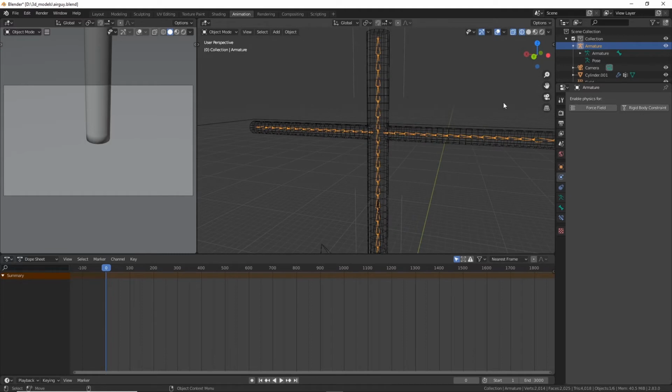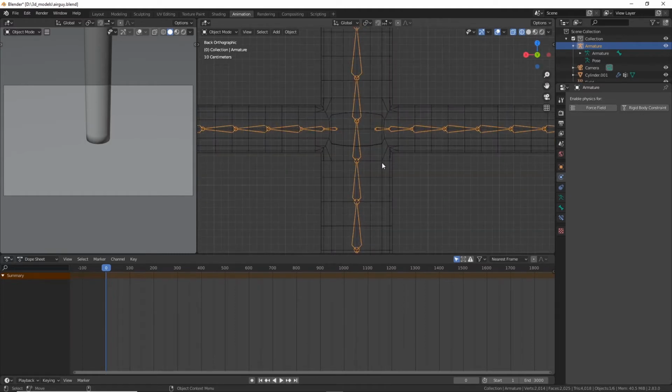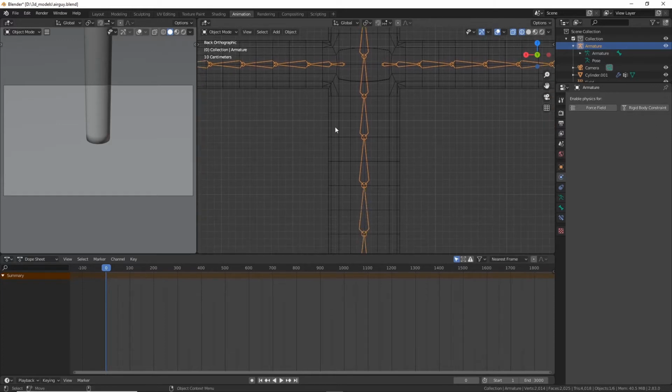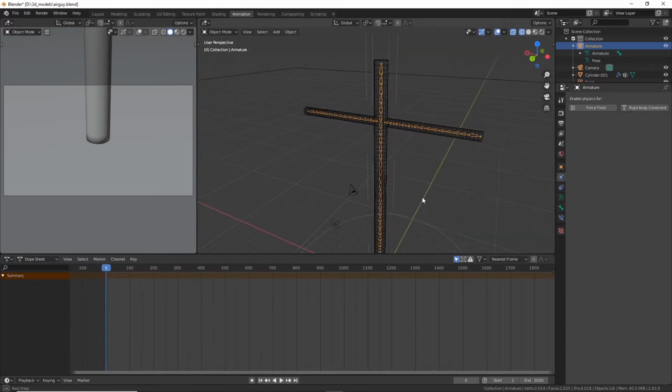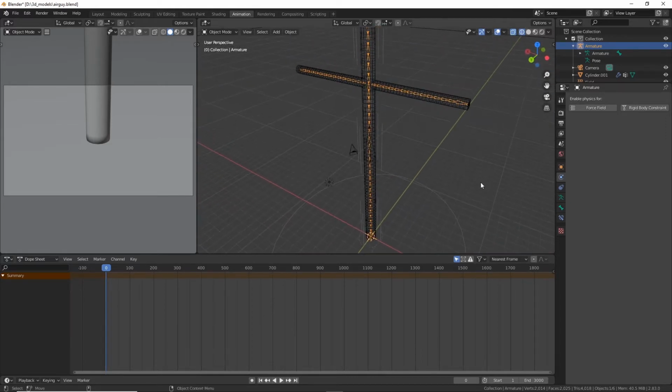The reason that I did the 2 rings per bone, I could have done 1 ring per bone, but that would be kind of overkill because this thing isn't that bendy. Probably even 2 is more than needed, but I wanted to show the point